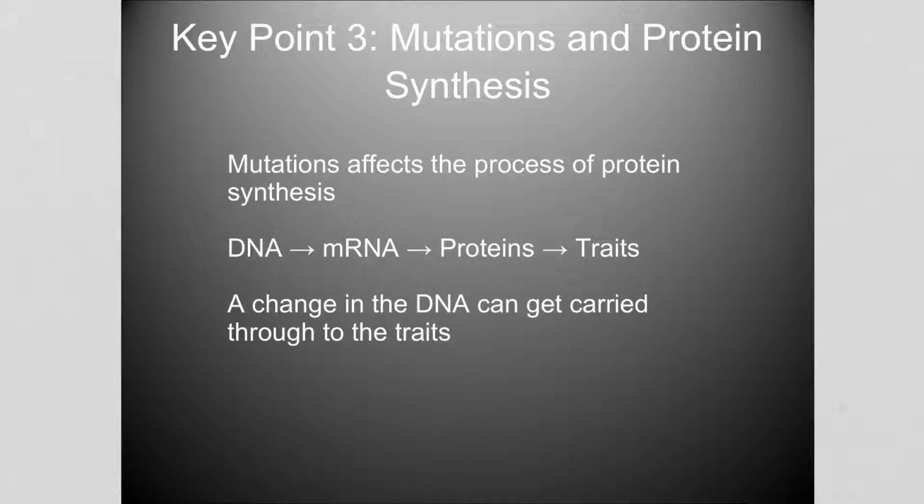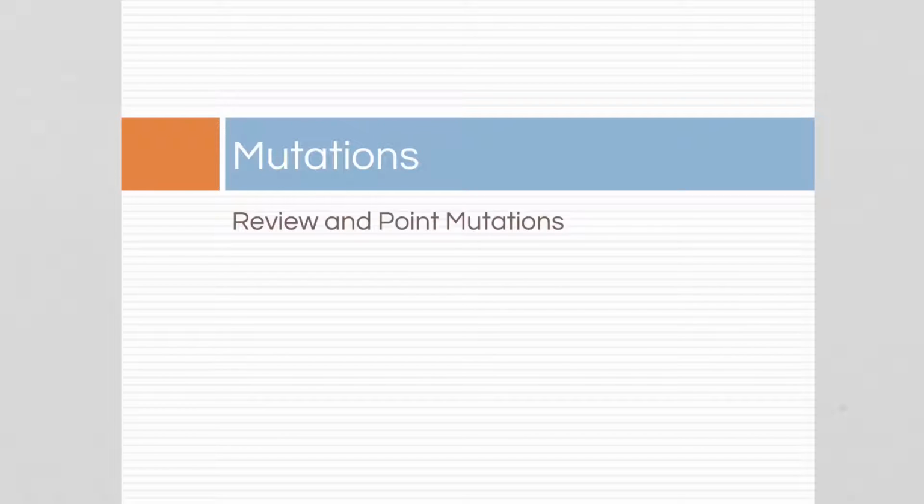And then just a reminder that these mutations ultimately affect your proteins because DNA gets changed through your RNA, through your proteins, and that's what's affecting our traits. So what we're going to talk about now is that example of mutations, those point mutations I talked about, those single base mutations. And these are pretty interesting because these are the mutations that we can model and we can actually see their effects